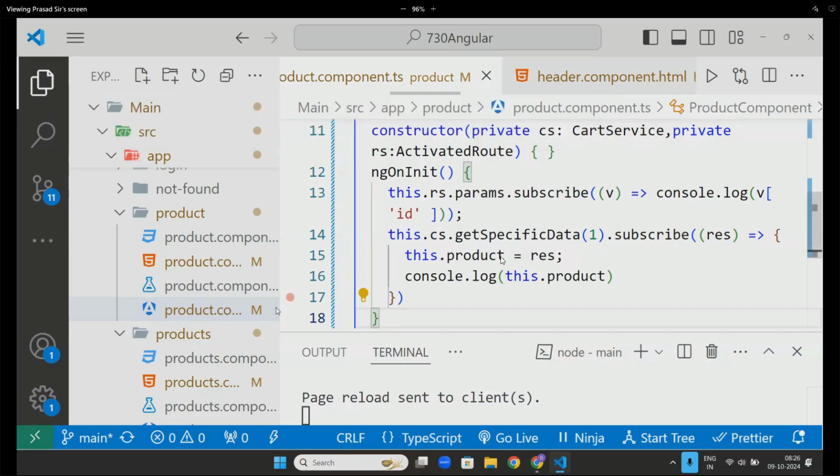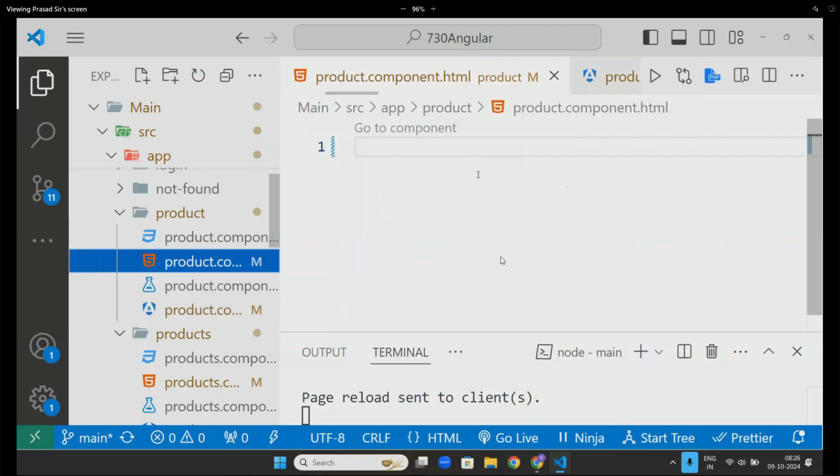Now go here, product pickup page. Now here, let's print it.